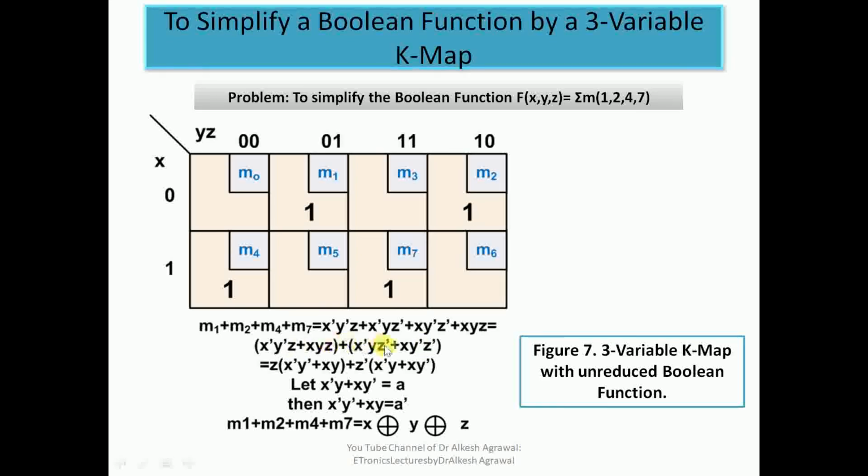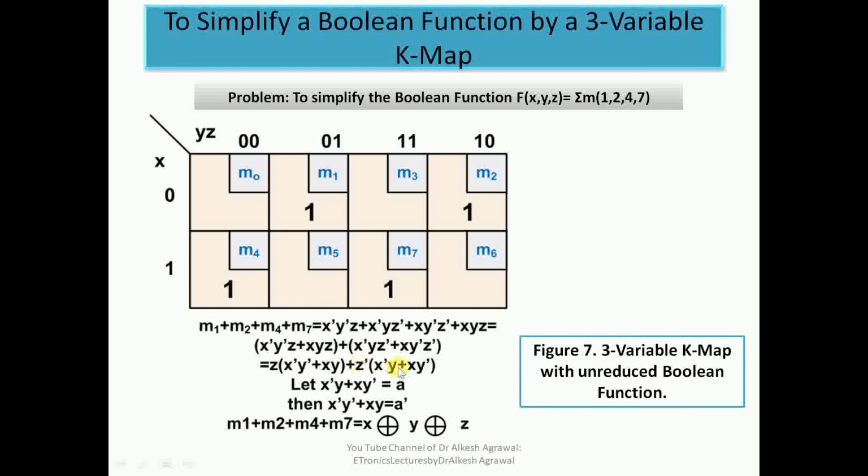We are grouping these because we want to simplify this expression. From these two terms we took z as common, so we have x bar y bar or xy, and from these two terms we took z bar as common, so what is left is x bar y or